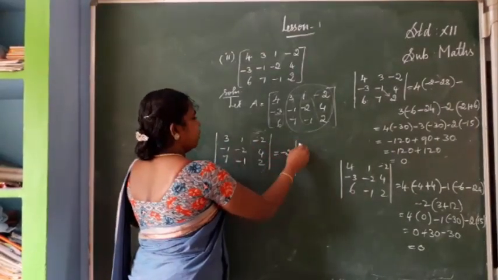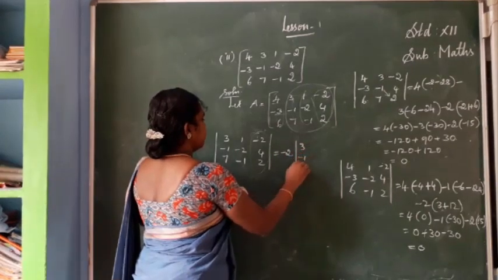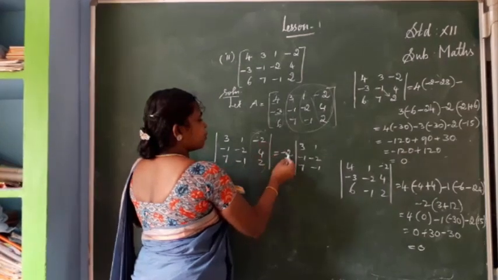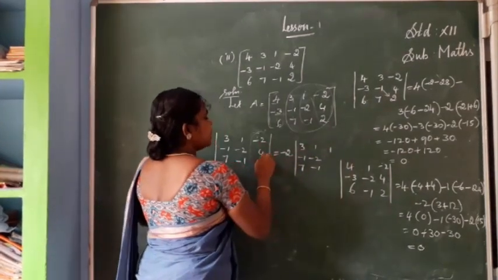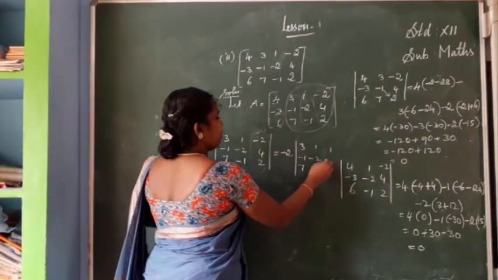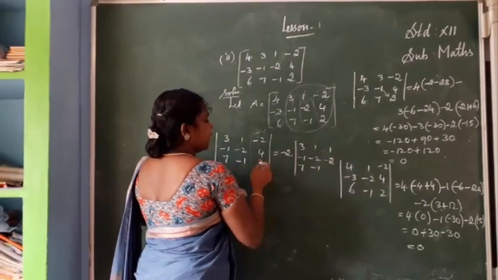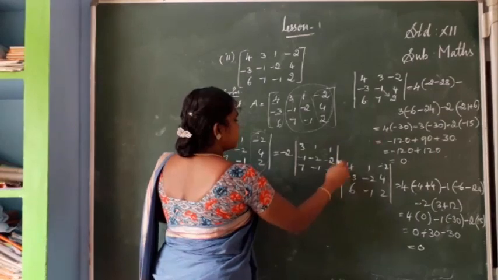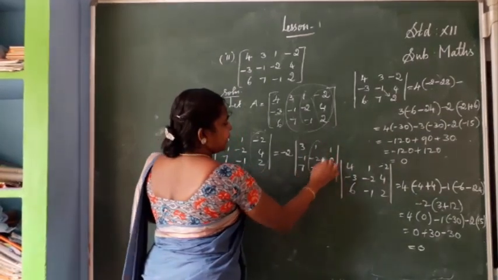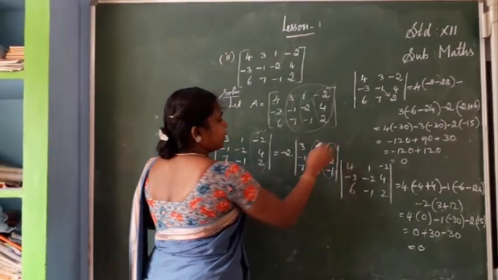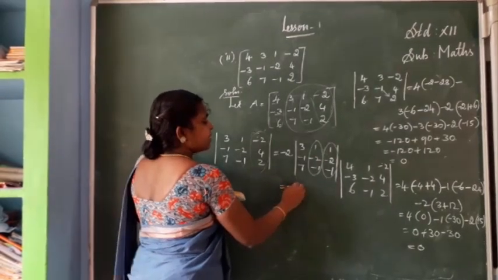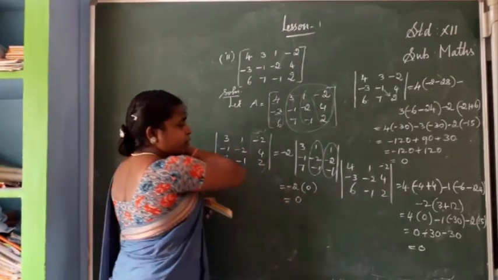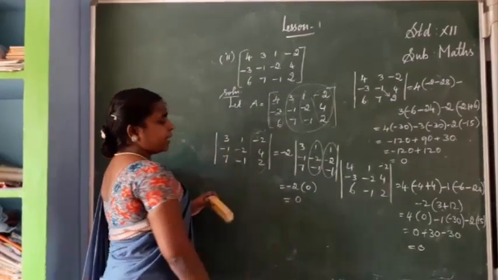The remaining first column has no change, the second column also no change, and in the third column, instead of minus 2 we take 1, instead of 4 we take minus 2, since minus 2 2s are 4. Then here also 1, since we took minus 2, so minus 1. Now we see this: C2 is identically equal to C3, so I can't say directly 0. Okay, so this is taking more time. That means you use this method. So okay, again we got 0.